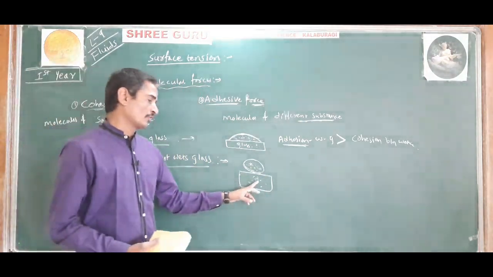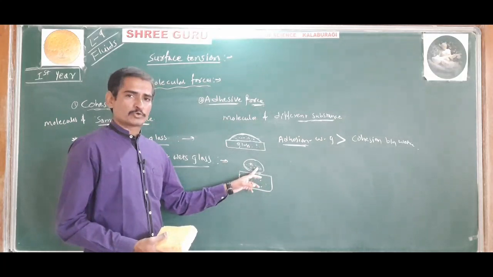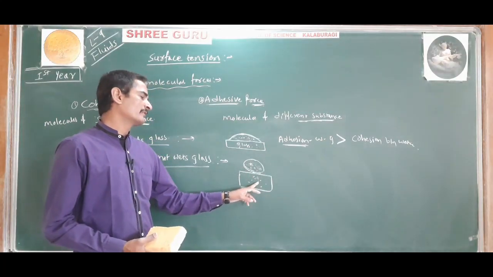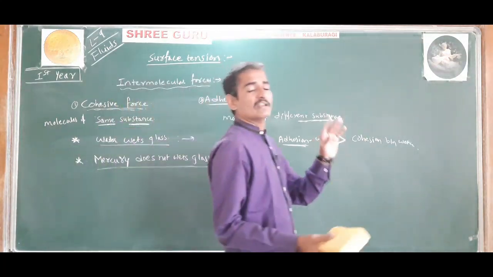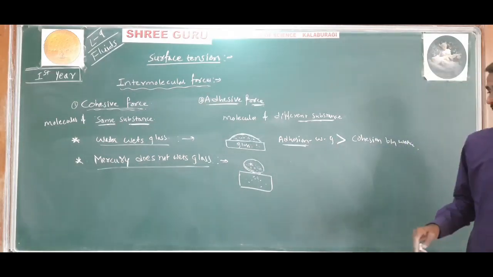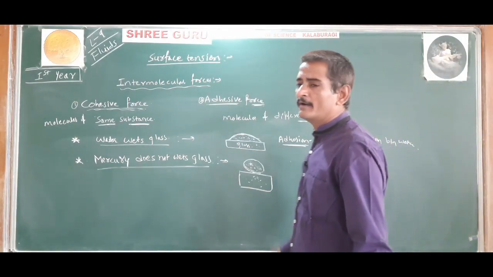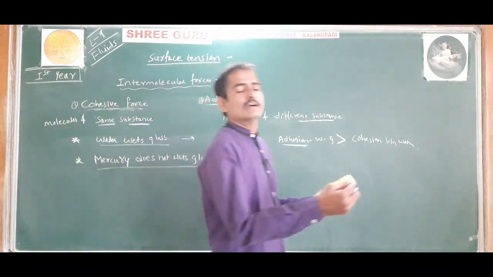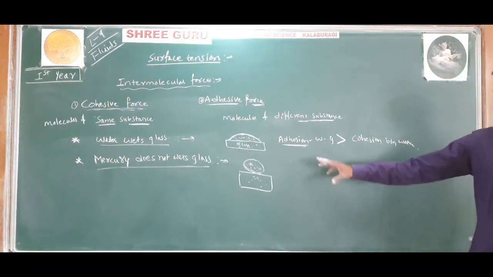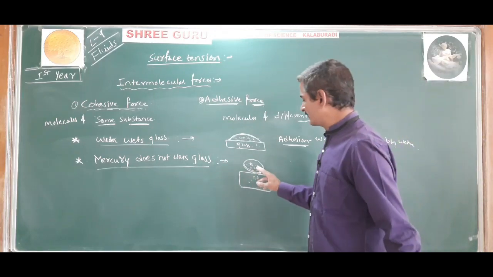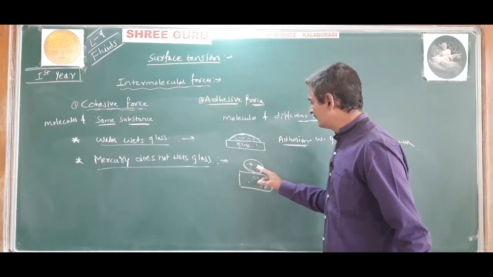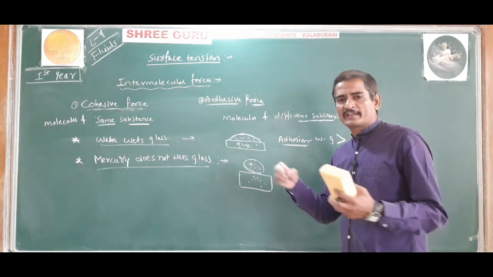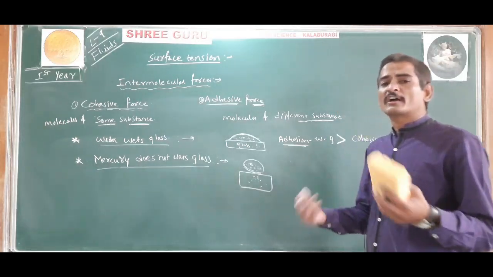The adhesive force between glass and mercury is less than the cohesive force between the mercury molecules. Hence, the mercury does not wet the glass surface. Understood? So the mercury does not wet the glass surface because these mercury molecules attract each other with a stronger force